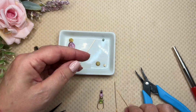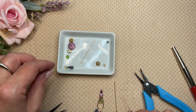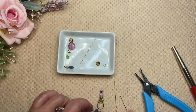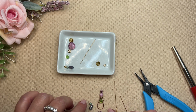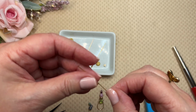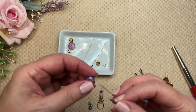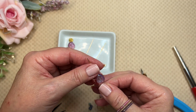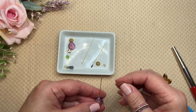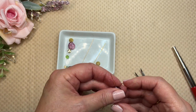I might even play with, do I want to have a bead coming on either side? I might even play with the idea of having more than one dangle on it, but these head pins just have a little splayed end like a paddle, and it's very easy to make. You can do this with a hammer and bench block, but I'm going to, let's see, let me try this little